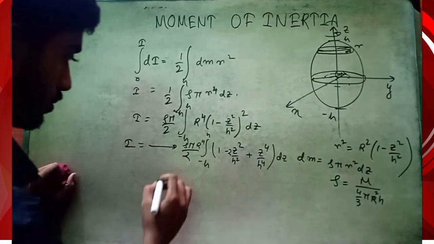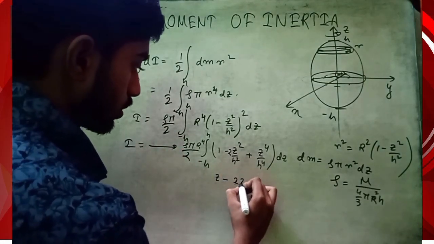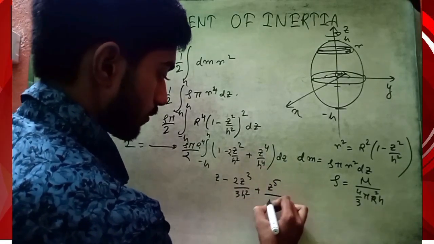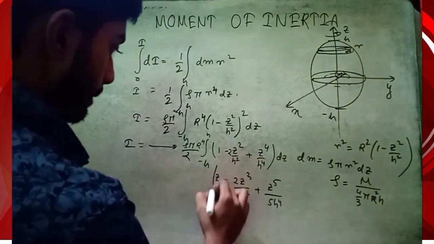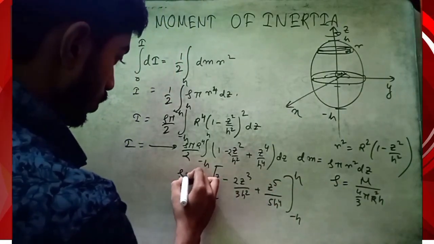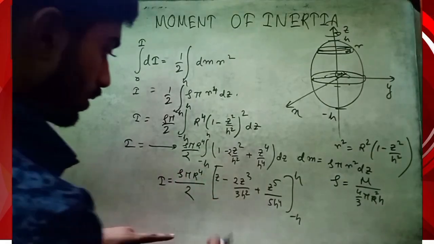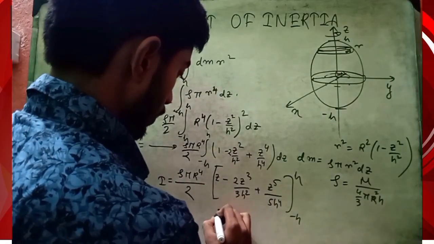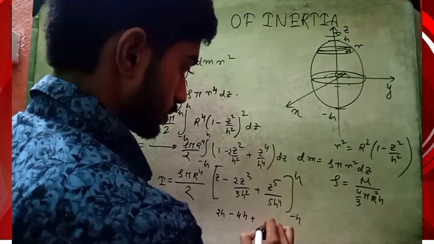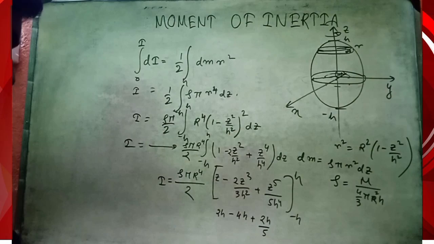This I equals to, after integration, z minus 2 z cube by 3h square plus z to the power 5 by 5h to the power 4, and after putting the value from minus h to h, rho pi r to the power 4 divided by 2. So here 2h minus 4h plus 2h by 5. Okay,